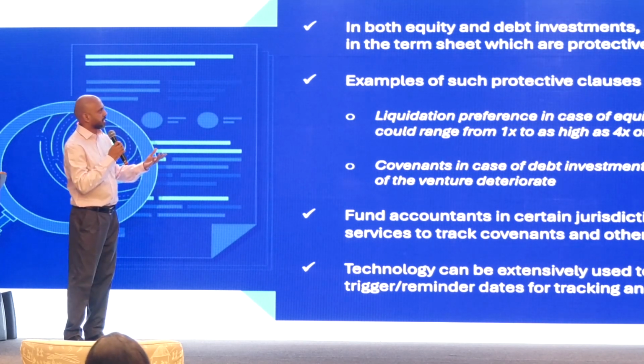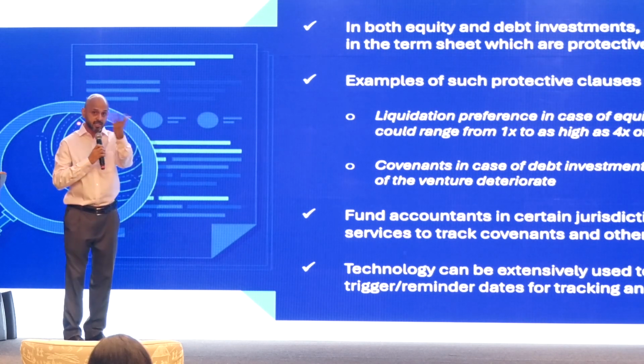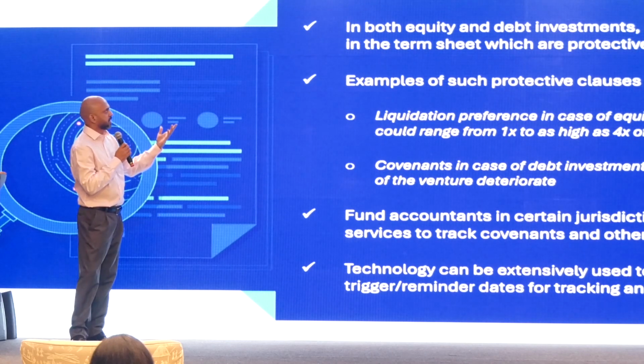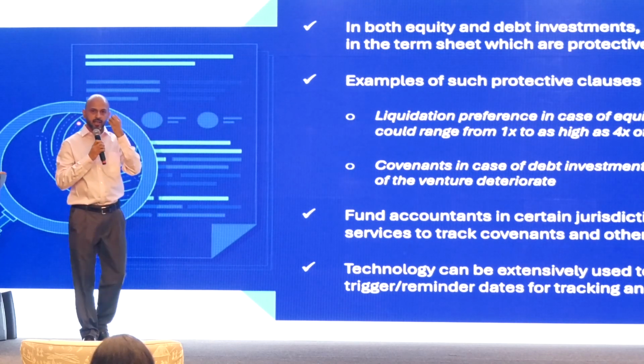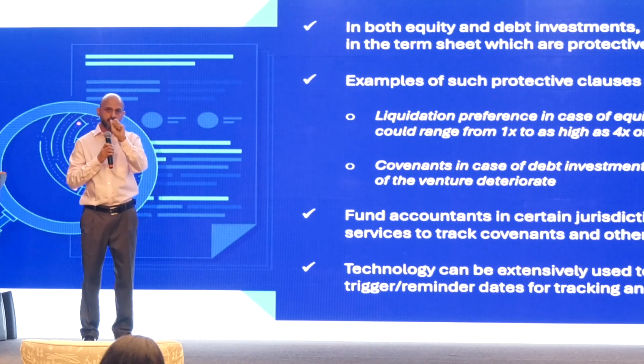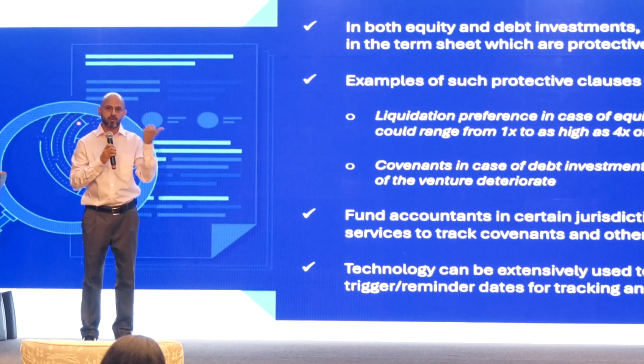So if you see both across equity and debt, to illustrate this point, if you take equity or debt assets, you often find clauses in the asset which are protective of the investors. So two examples: if you take equity investments, in certain cases you have what is known as liquidation